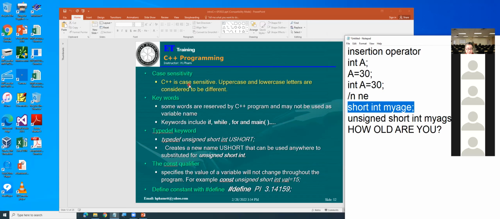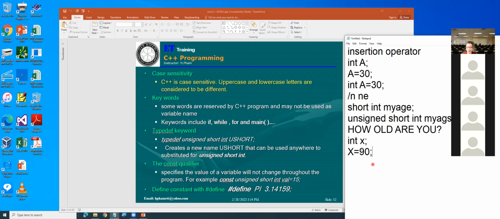Case sensitive. C++ is case sensitive. Uppercase and lowercase letters are considered to be different. I can give you an example. You say int height, and later on you say Height equals 90.